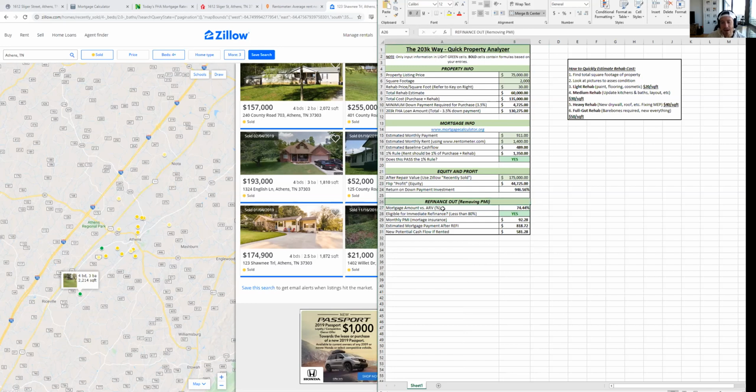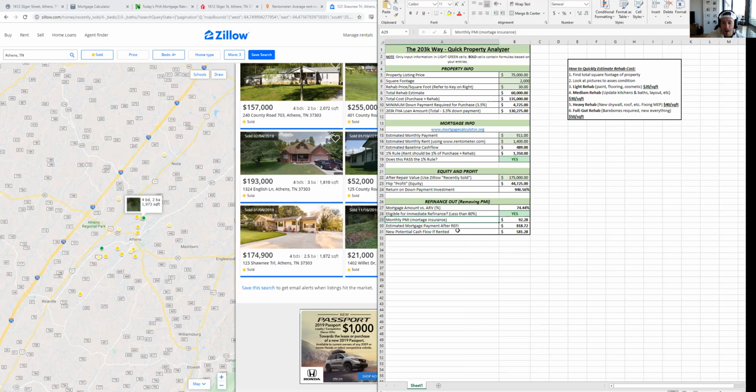The next thing here, guys, is whether you're able to refinance out immediately after you're done with the rehab. All the evidence we're seeing here is telling us yes, you'd be able to do it, because you're looking to make sure that your mortgage amount versus your after-rehab value is less than 80%, because 80% is the cutoff for what a bank will lend on for a refinance. That's going to allow you to get rid of that mortgage insurance,